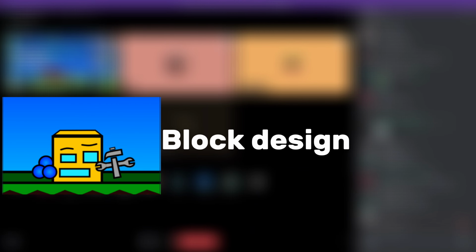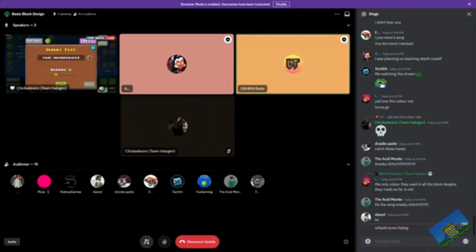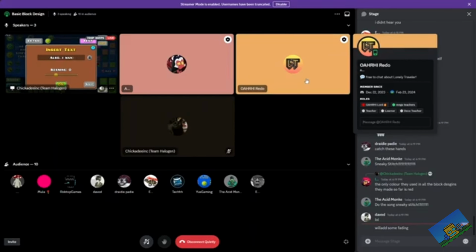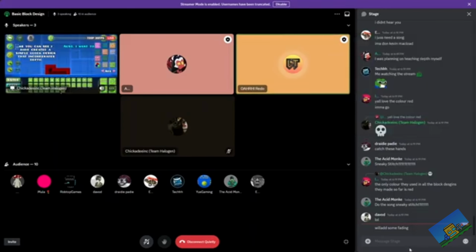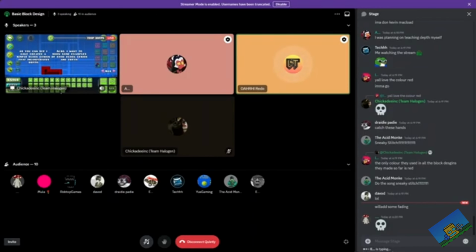So today we are going to be focusing on block design, or basics of block design. We're going to be teaching you how to fill in blocks and what colors to use and what shapes to use and things that go good together. So we're going to be teaching you what goes good together, which no